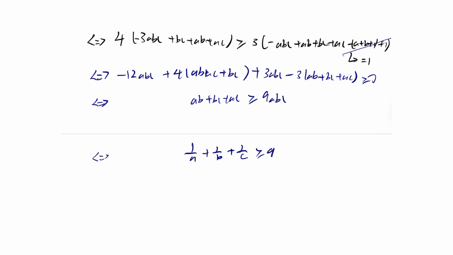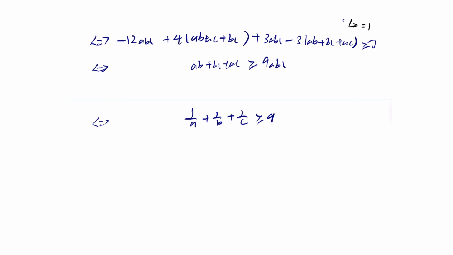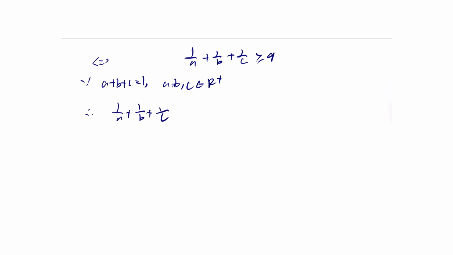And we now make use of our given condition a plus b plus c equals 1 and the fact that a, b, c are positive real numbers. Therefore, to make this clear, we have 1 over a plus 1 over b plus 1 over c equal to (a plus b plus c) times (1 over a plus 1 over b plus 1 over c),